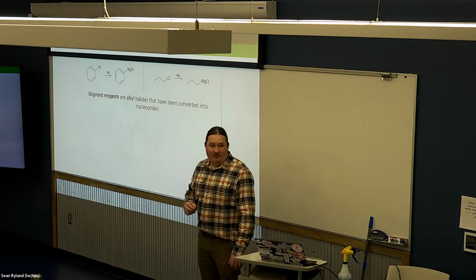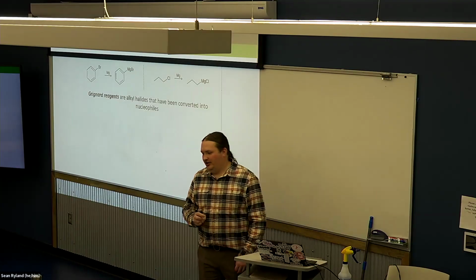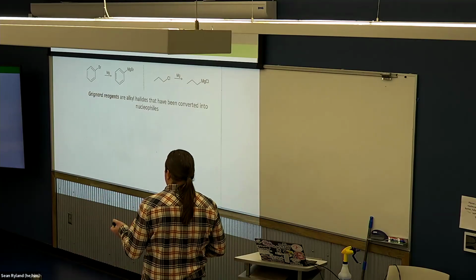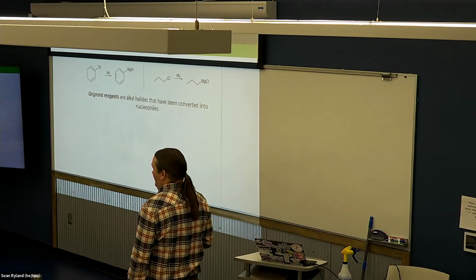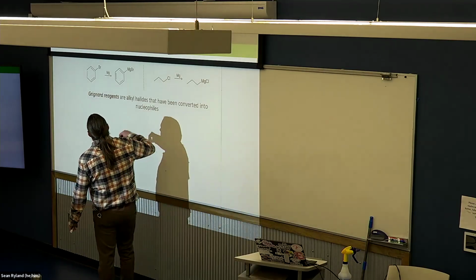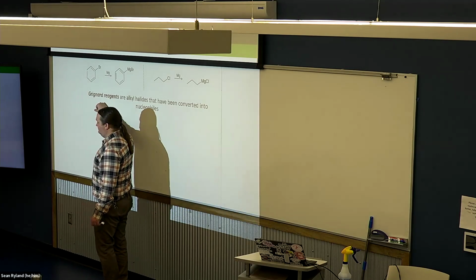All right, so let's talk about one more type of reduction. This one is going to be the same exact mechanism, except it's a different nucleophile. Instead of having hydride as a nucleophile, if we make what's called a Grignard reagent,